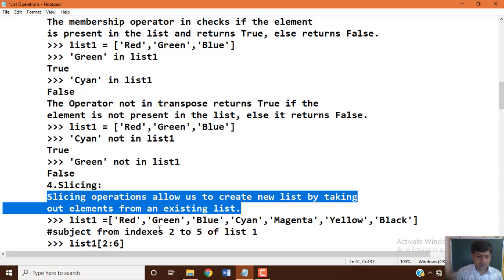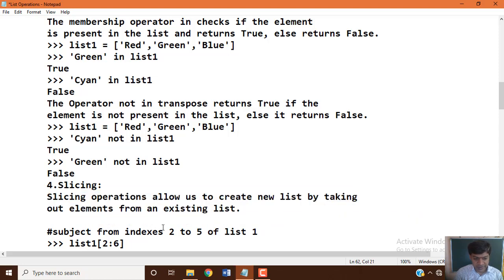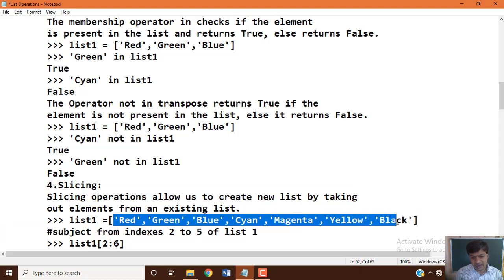List 1 has red, green, blue, cyan, magenta, yellow, black. Take a subset from indexes 2 to 5 of list 1. In this list, each data item is assigned its own index number in memory, always starting with 0 from left to right as positive index, and from right to left as negative index, which always starts with -1.